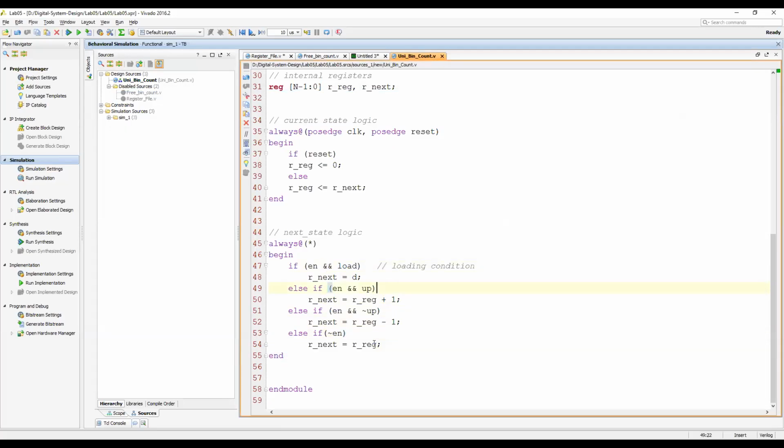This is the up counter. This is the down counter. This is no change, right?